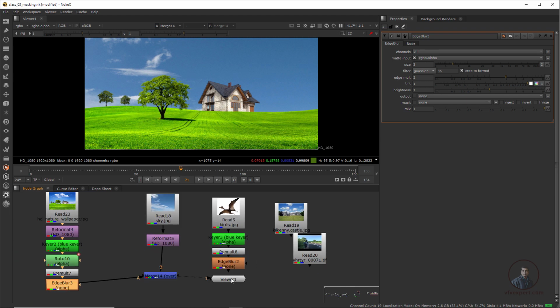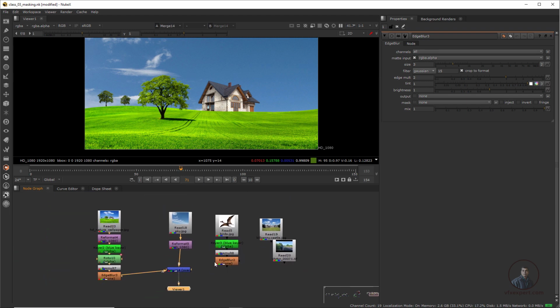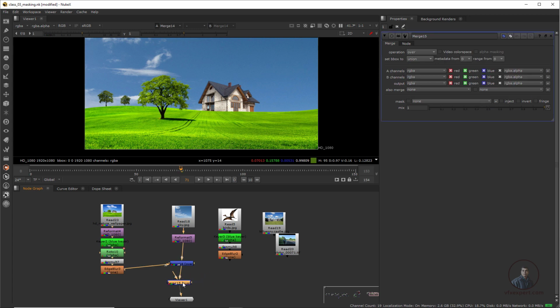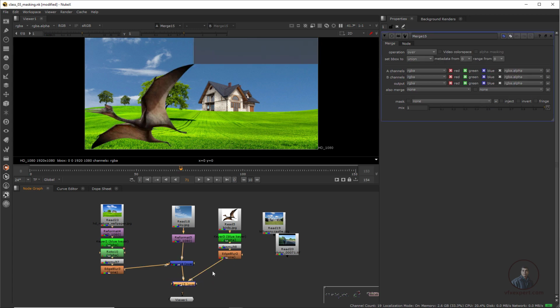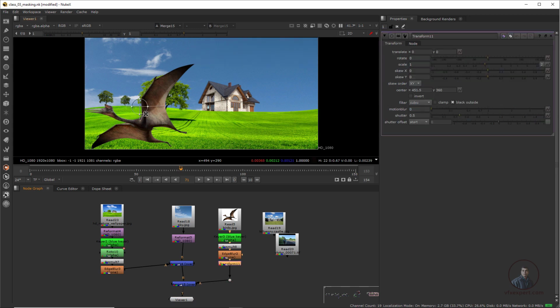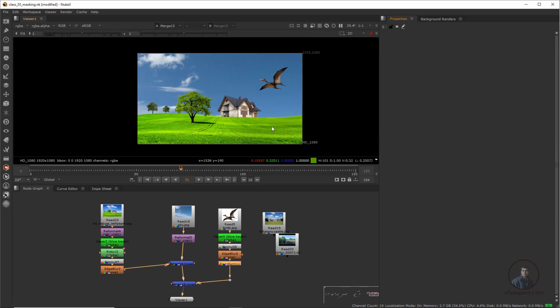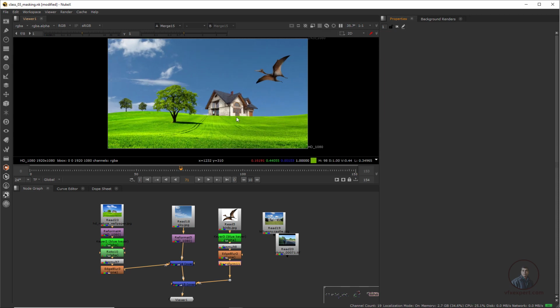Then after this, you can composite it inside our compositing. Take another merge node. The total compositing will be our background, and this will be our foreground. Take a transform node, T, and place it here like this. You can place it anywhere, this is just for experience. Like this you can create a matte, then extract your object, and even remove your sky.